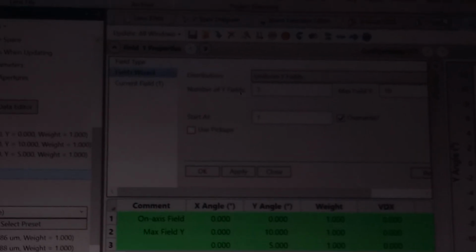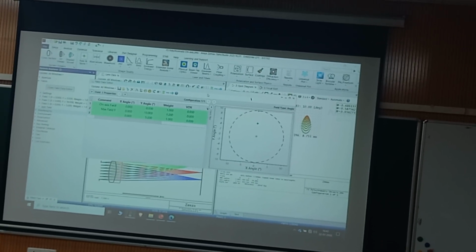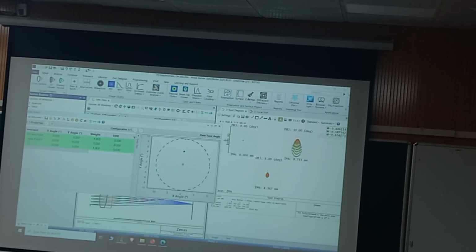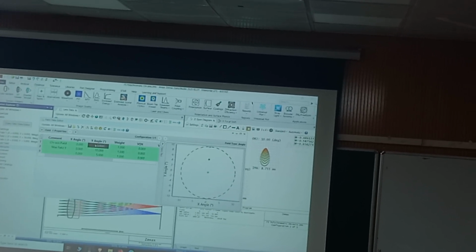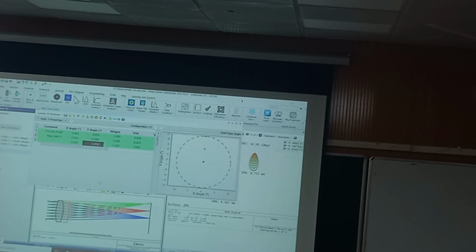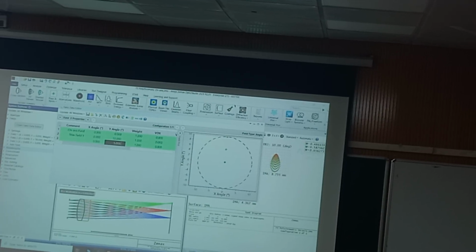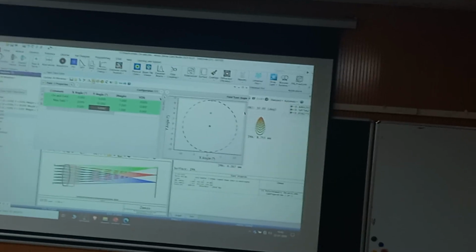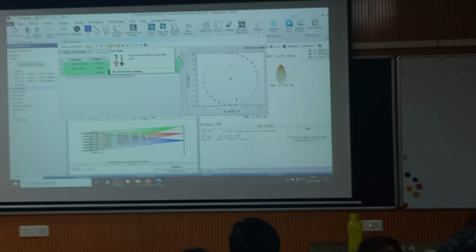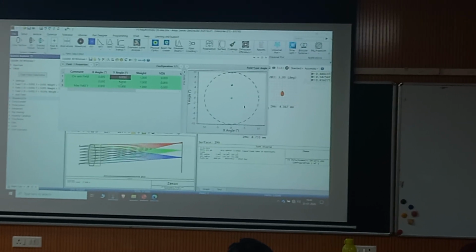Now one more thing to consider. When I do this, my values will come in a very random fashion. It will not be in proper ascending order. If you can see my spot diagram, 0, 5, 10. But if I see my field editor, 0, 10, 5. And the coloring that happens in my layout is field based. Green, red, blue. Or it should be blue, green, red. So I simply have to go over here. There is an option called sort fields. I click on sort fields in the field data editor and it will become ascending, 0, 5, 10.